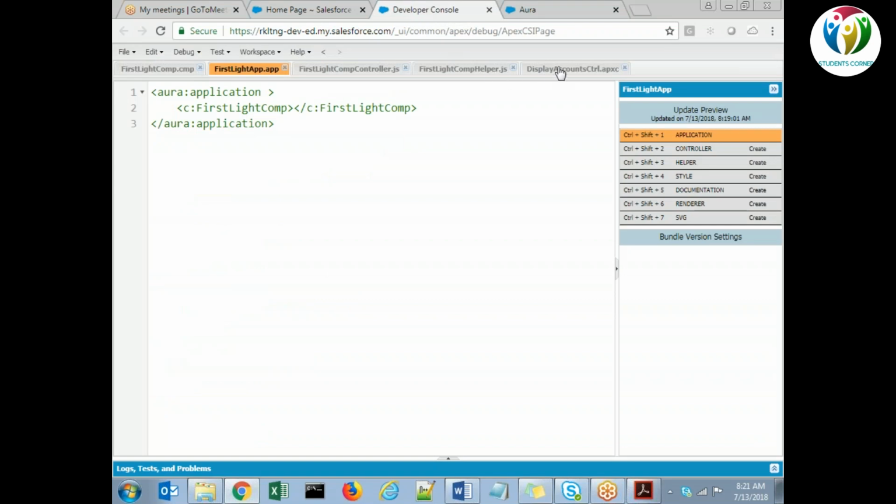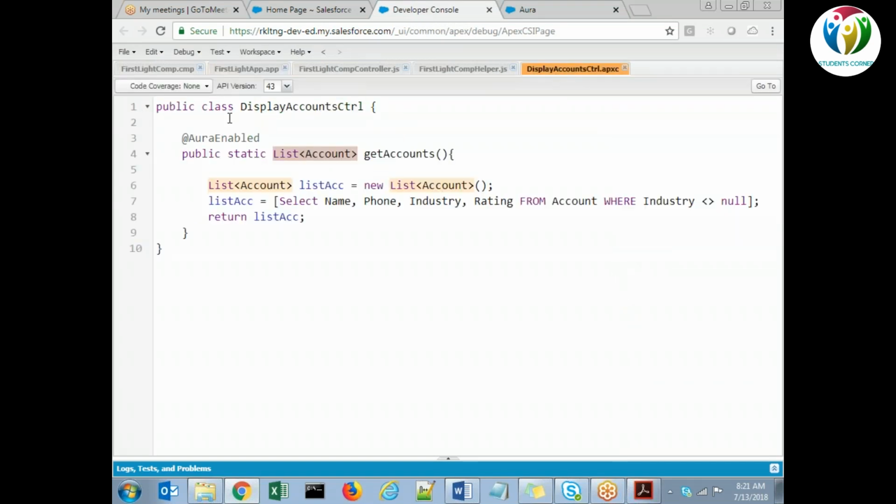Or the same way, when we write the integration API, we are supposed to use @RestResource, @HttpGet, @HttpPost, or URL mapping. So the same way. So any doubt? I mean, first let's see. Any doubt in the AuraEnabled or in the Apex class?